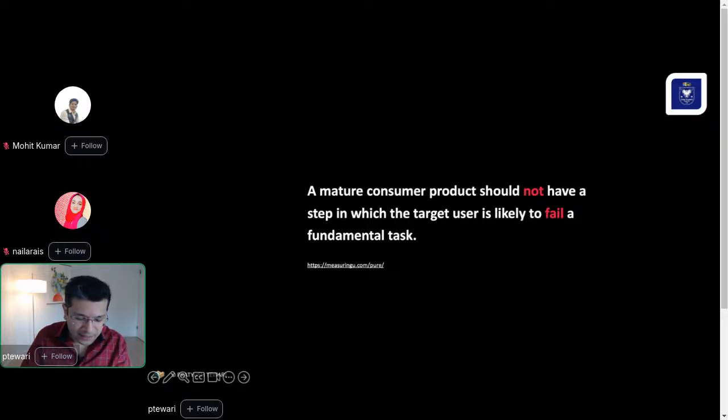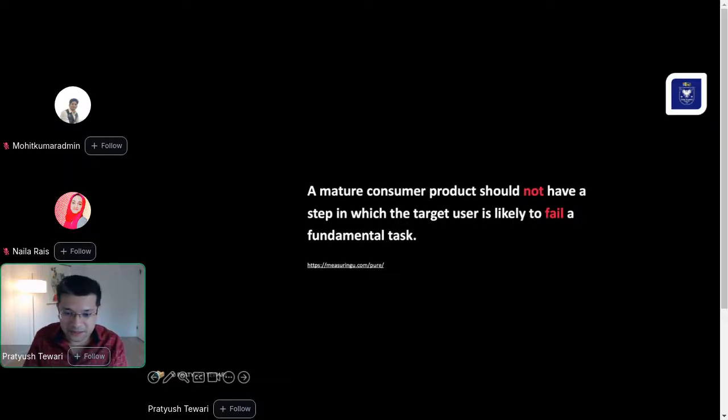If it's a banking system, is doing banking a fundamental task, or logging into your system, or getting a report, or pushing ads to consumers for new services? These are questions you can work on with your product manager to define fundamental tasks. But whatever the fundamental tasks are, the user should not be likely to fail in that step. This is where the user will stop using your services.